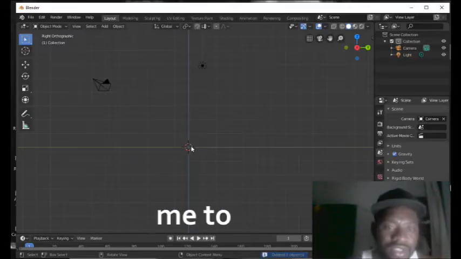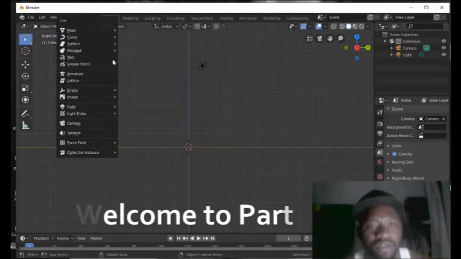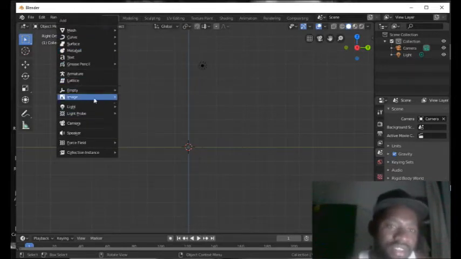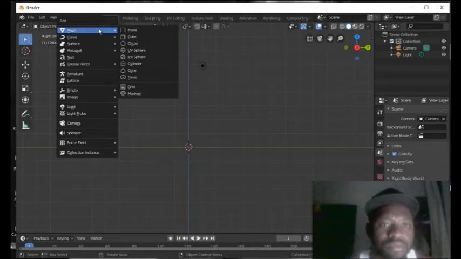Pressing delete, it goes off. And to add, you can either come to the add button over here, or you press Shift A. When you press Shift A, it shows different options of things that you can add onto the user interface, onto the workspace. So we want a cube, so we come into the mesh, we look around, we select